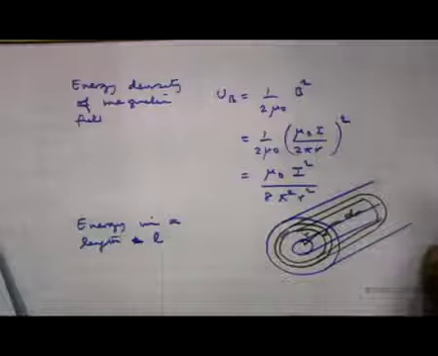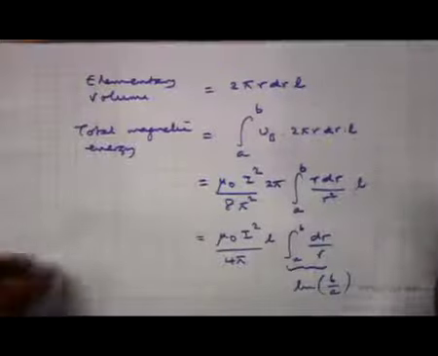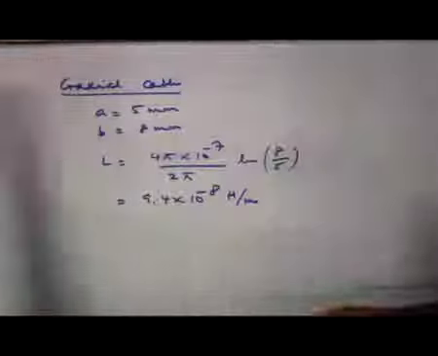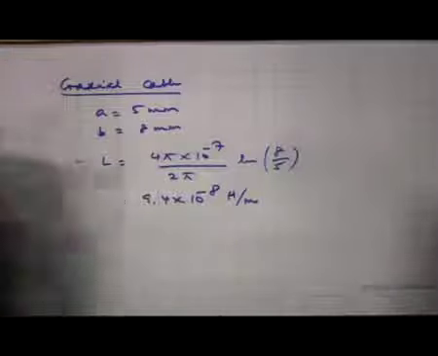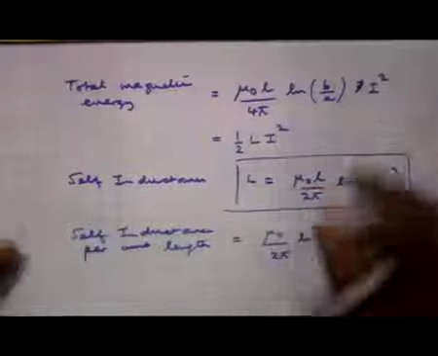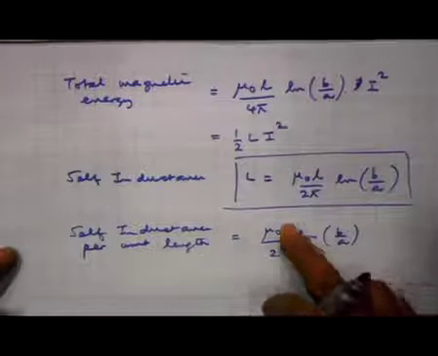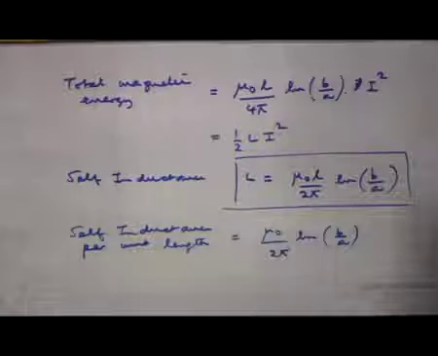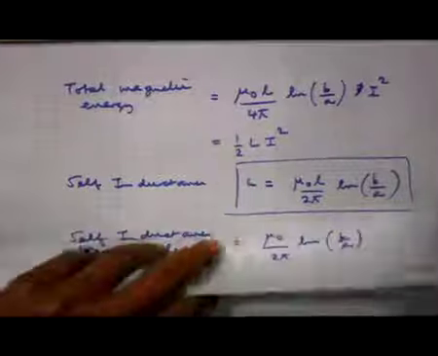And then, when I calculated the total magnetic energy, I must do an integration. I cannot multiply the energy density by area. So, I do an integration, and that integration I carried out by calculating the elementary volume and then calculating the total energy, and that came out to be of the form half L I square, and I got an expression for the self inductance of this coaxial cable. So, that is also one of the ways of calculating self inductance. I calculate the energy stored, and from there I can estimate the self inductance. In fact, for this